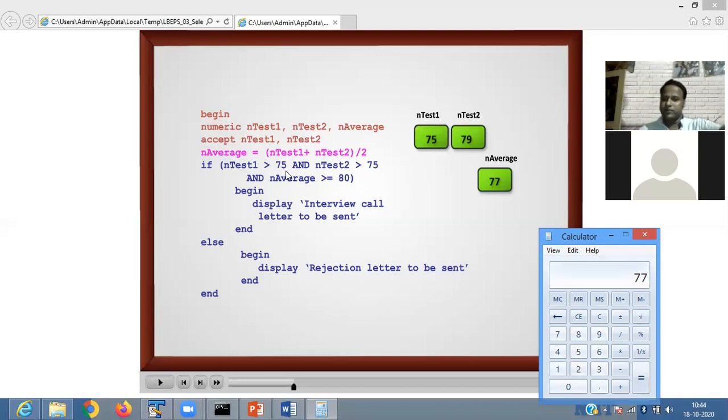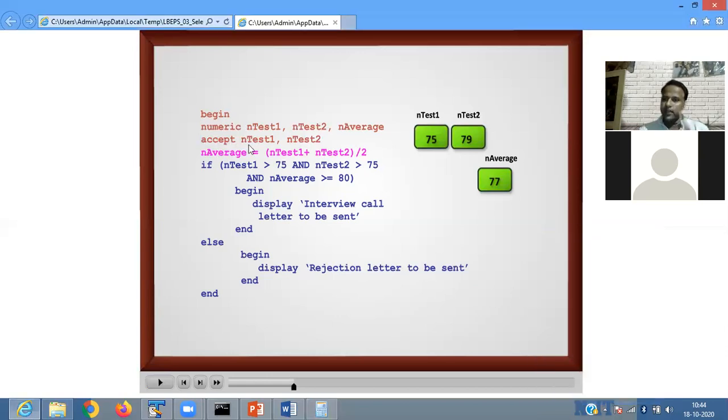It is equal to 75. So my condition is false here. So when one condition is false, then no statement is executed. It is false. Okay. Then the else block displays a rejection letter to be sent.